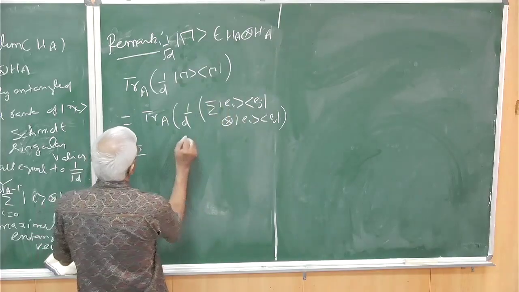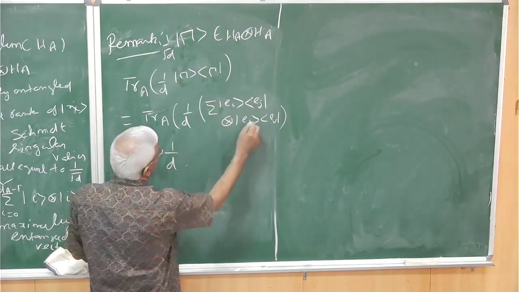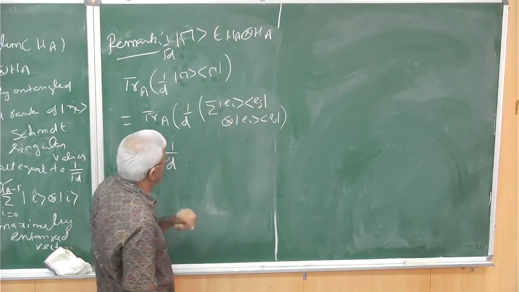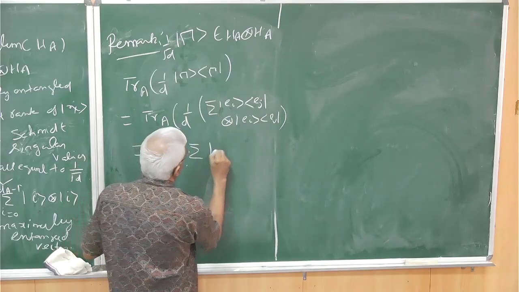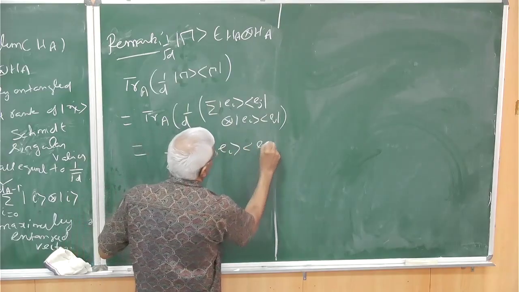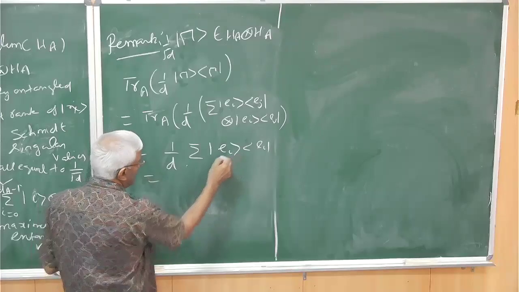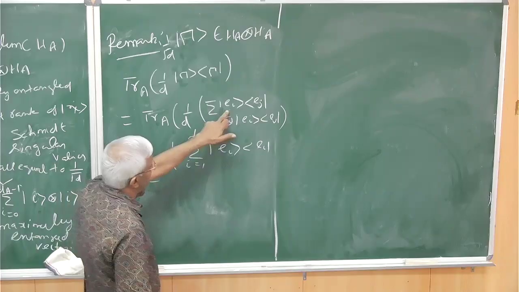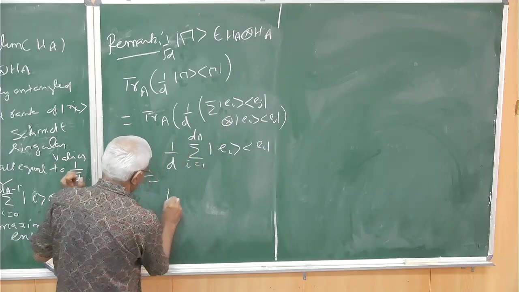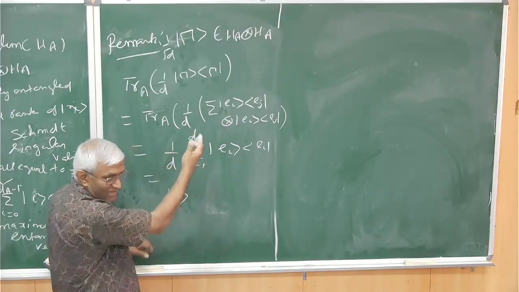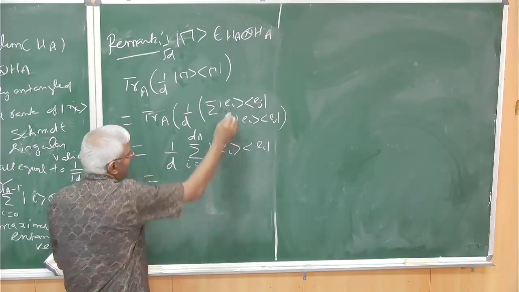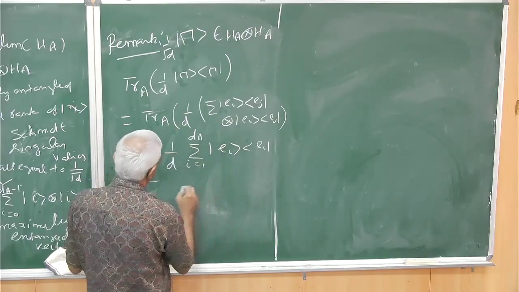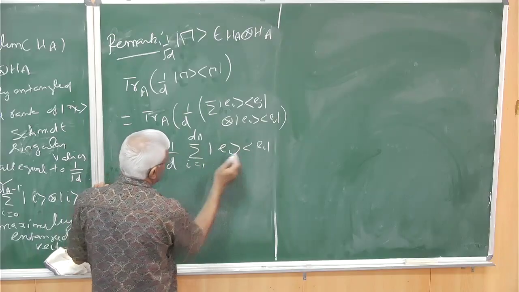So this will be equal to 1 by d times this, which will be either 0 or 1. It is 1 when j equals i. So this is just the summation of e_i, e_i. It's just identity, right? I have written e_i, I should have written this i, sorry. This i, same as e_i. We write e_i or this i or whatever. This is 1 by d, which is just identity, right?